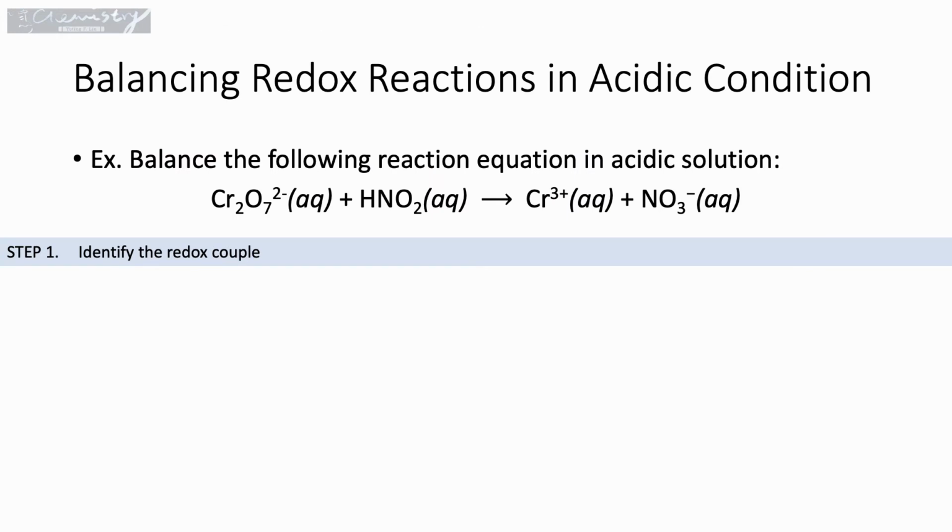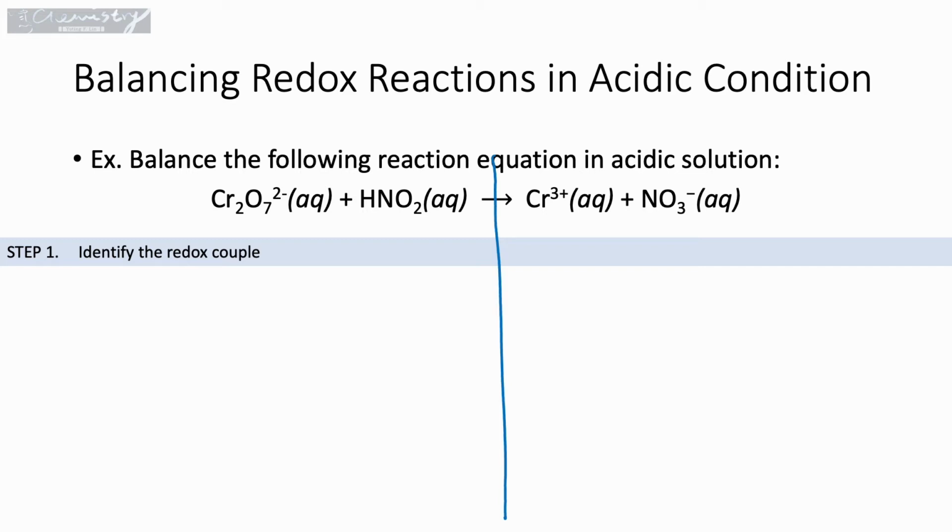Balance the following reaction equation in acidic solution. To do this, first we have to start by identifying the redox couple. With time proceeding, you might be able to identify the redox couple without needing to do the oxidation numbers. So if you need to do the oxidation numbers, do it. But if you are confident, you can identify them without going through the